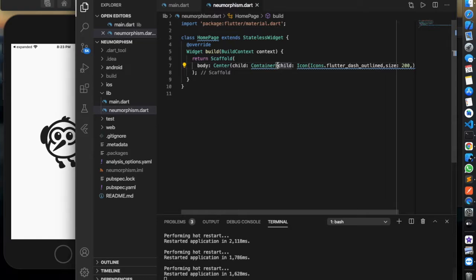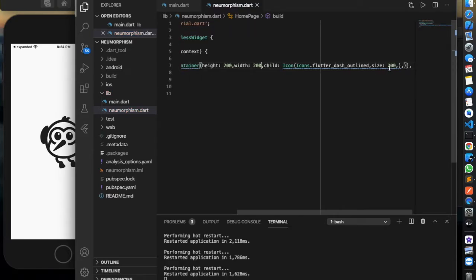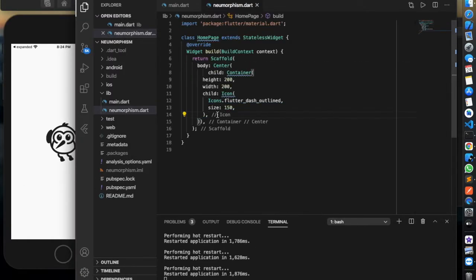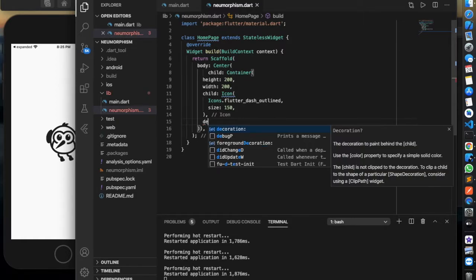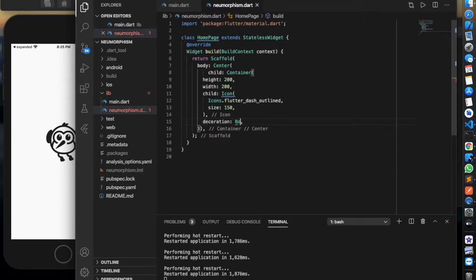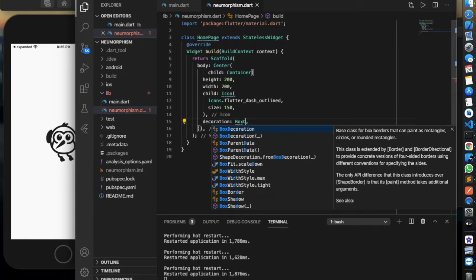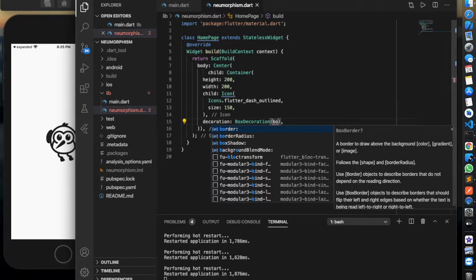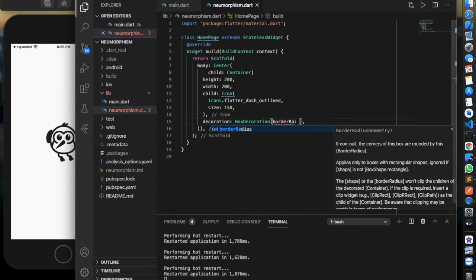Okay, let me give this container a height of 200 and a width of 200. Okay, let me change this to 150. Now let us add a box decoration to this container. Decoration and then box decoration. Okay, border radius,